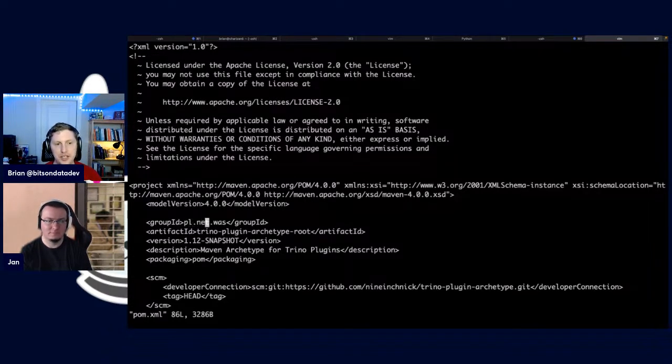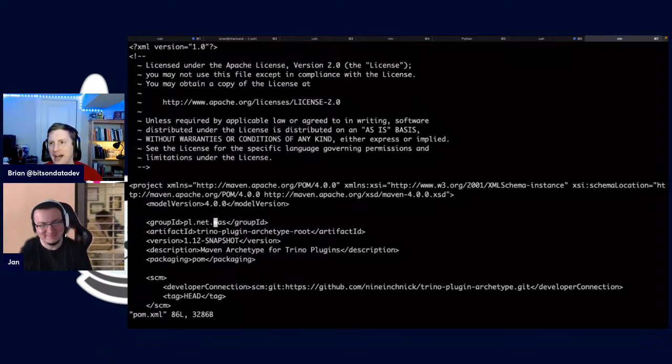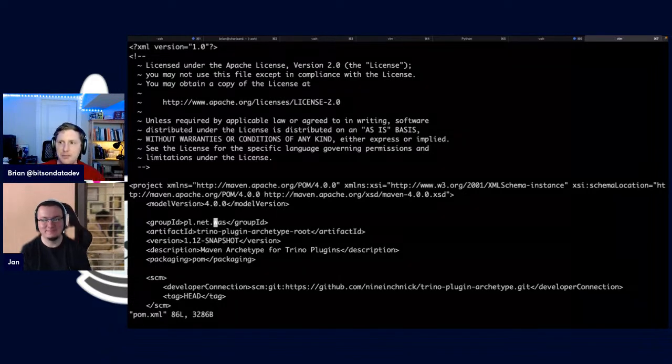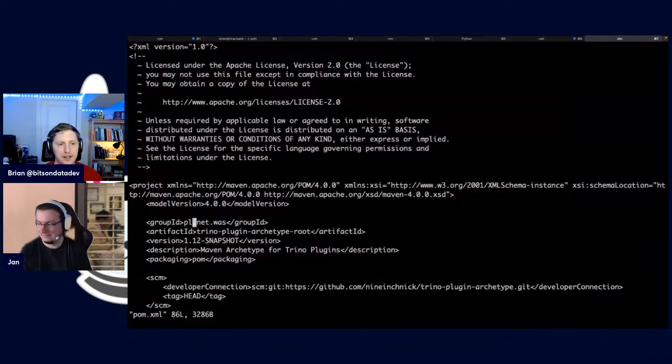So Jan has used his website in reverse because we're cool in Java like that. We have to inverse it, so if I have google.com, com.google would be the group ID that would probably be used for a lot of Google stuff. And then you could add more namespacing to it depending on what you want. But this is coming from wasp.net in Poland. And then we talk about the actual artifact. So Jan might want to install multiple artifacts. So we have this Trino plugin archetype root, version here, description, and then the packaging is going to be POM